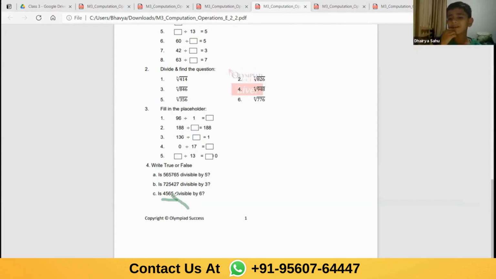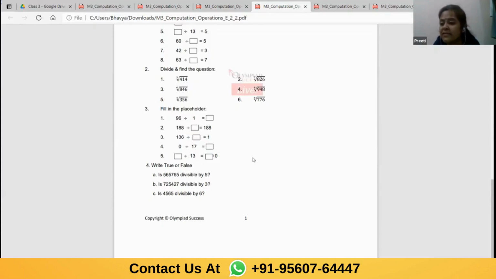So ma'am, in the table of 6, if a number doesn't have an even digit at the ones place, it's definitely not divisible by 6. It cannot be fully divided by 6. See, the numbers that come in the table of 3 can be even or odd, both. Like 21 comes in the table of 3, 27 comes in the table of 3,